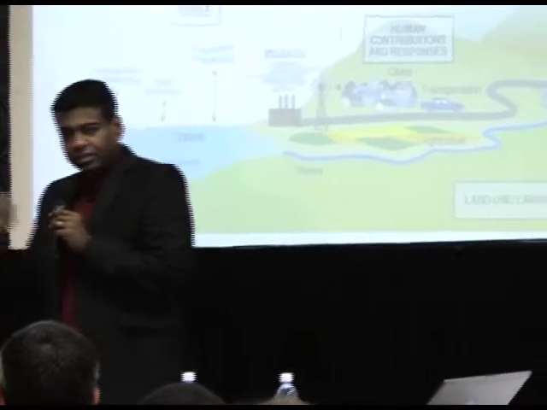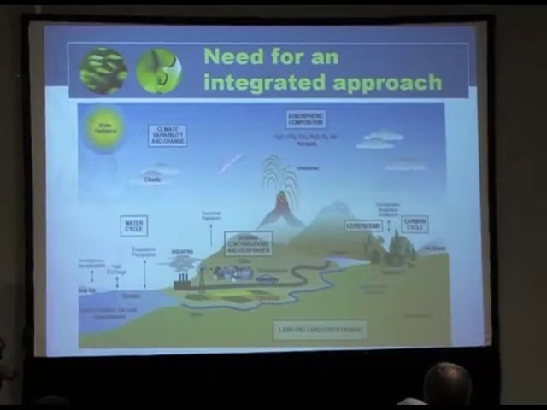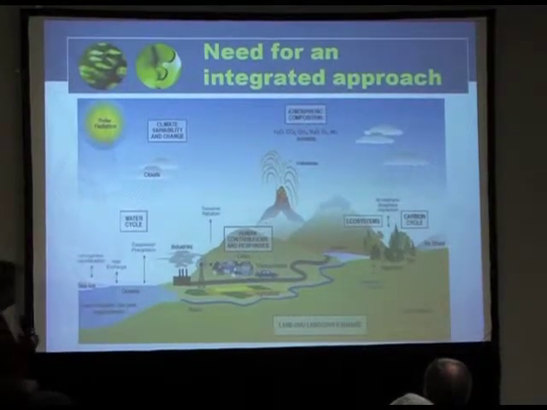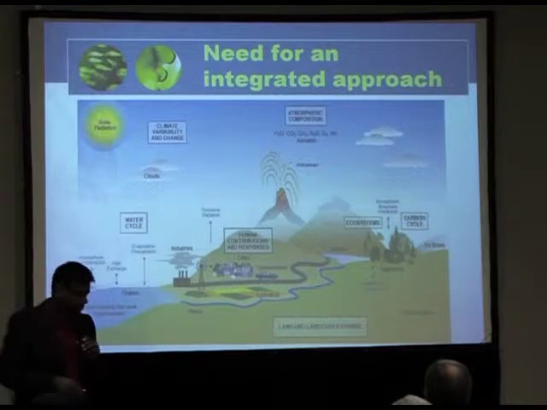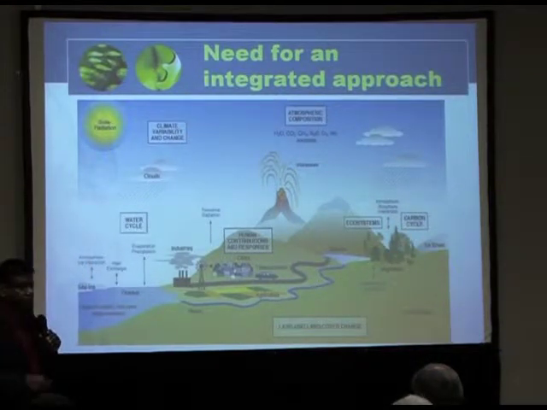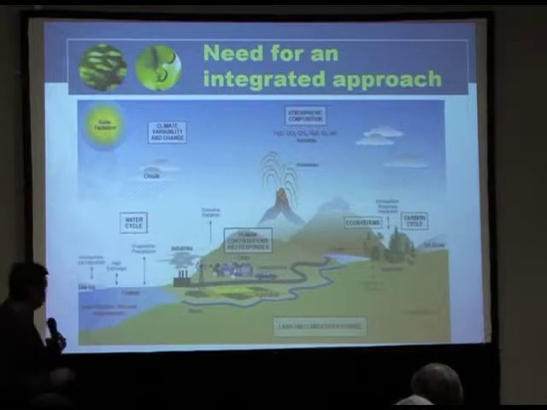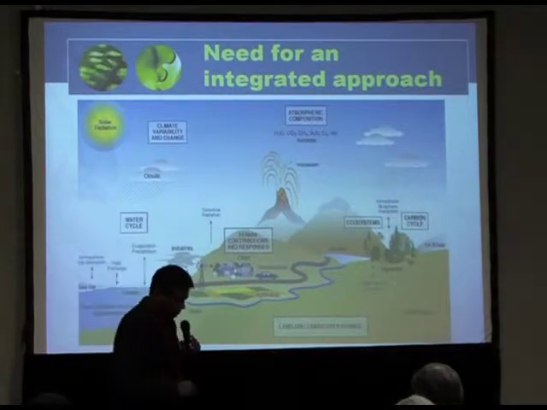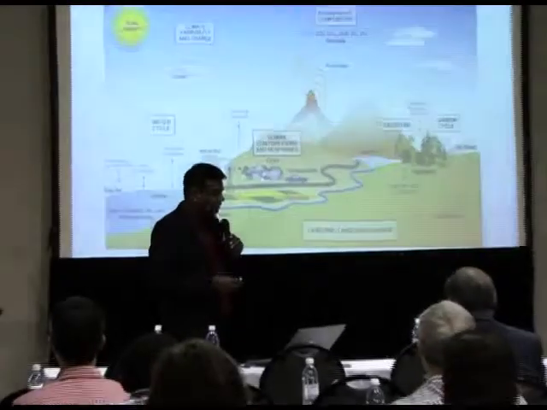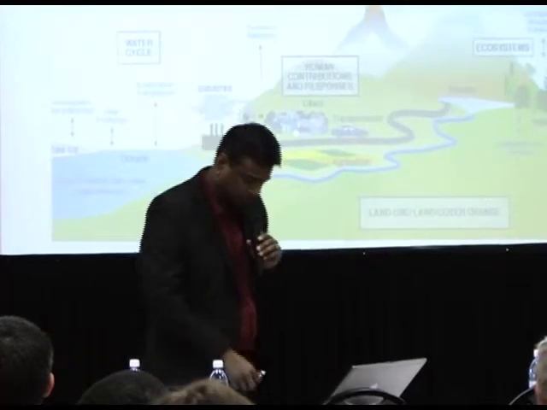So given the last few slides that I've put up, you actually need a very integrated approach in terms of assessing the impact of man on the environment. And so, this is essentially a coupled system. Everything impacting the oceans influences the atmosphere, influences the rivers, and so on. So, this is a multi-variable kind of problem that we're dealing with. So modeling this is very important.